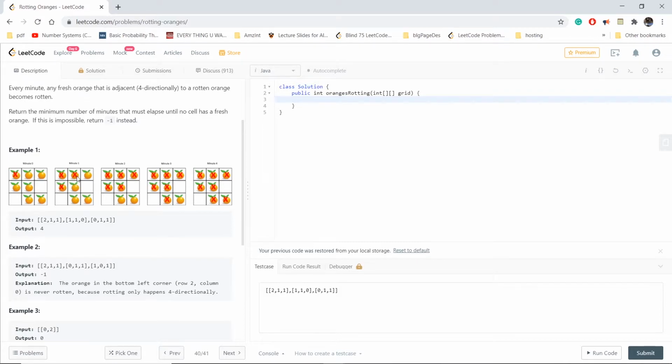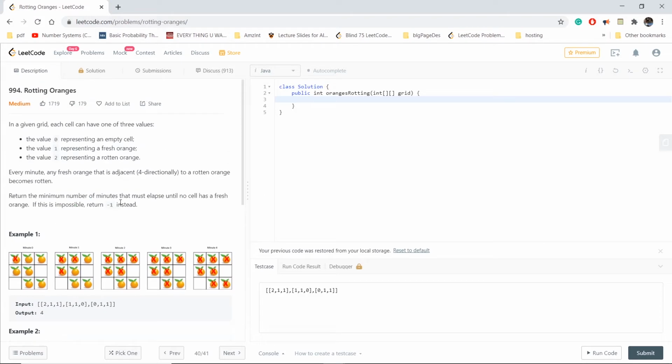then next we have these two rotten oranges. This rotten orange will convert this one and this one, and this rotten orange will convert nothing. Then these two rotten oranges will convert this one. This orange doesn't have any fresh orange in its nearby cells. This rotten orange has one in the down cell, and in the next minute this rotten orange will convert the fresh one. So totally it requires 4 minutes.